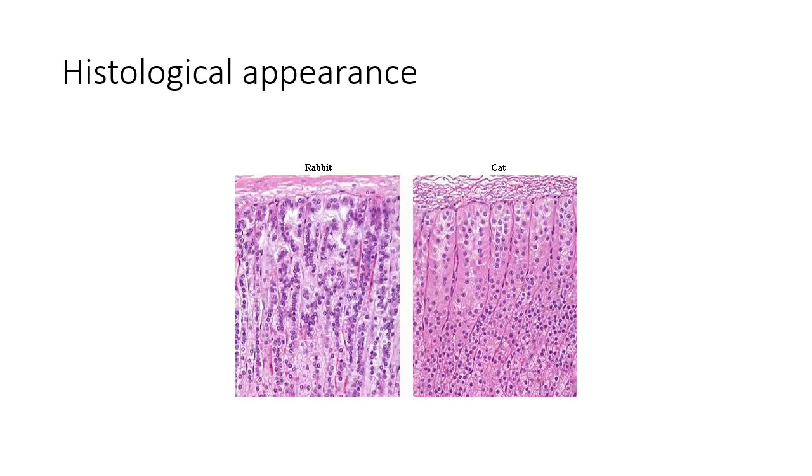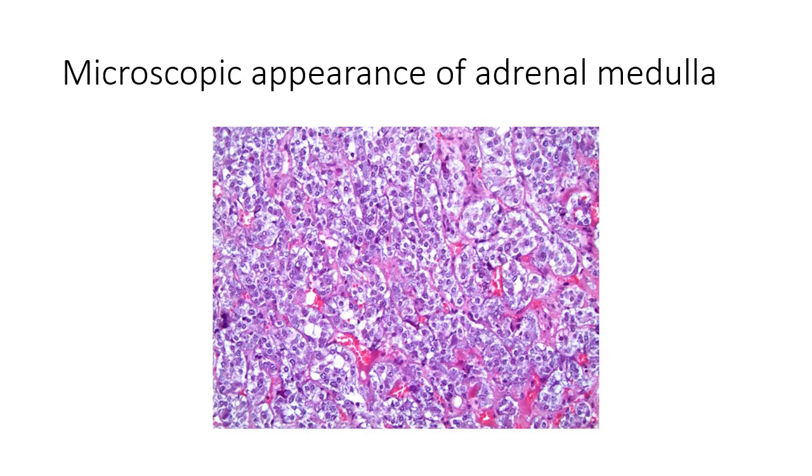In the upper region, that is in the zona glomerulosa, you can see that the cells are pyramidal or columnar in shape, while in the zona fasciculata they are in the form of cords about 1 to 2 cell layers thick, and between them are the sinusoidal capillaries, and they are also lightly staining. Please note the comparison of the staining in the cells. This is the microscopic appearance.